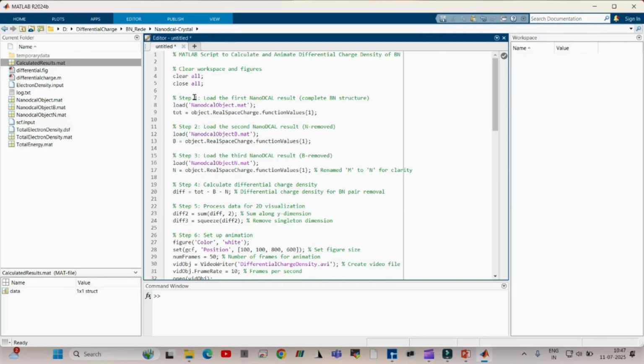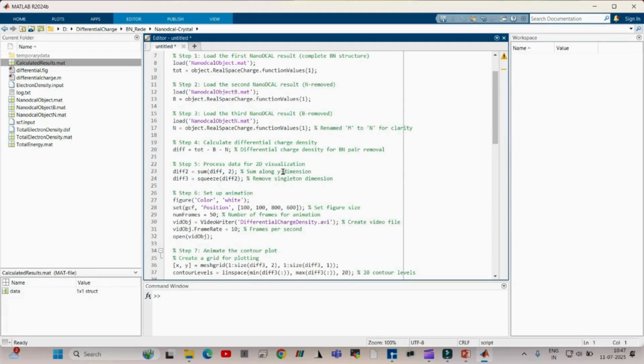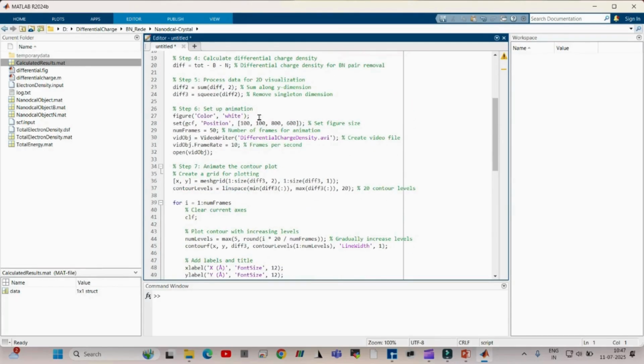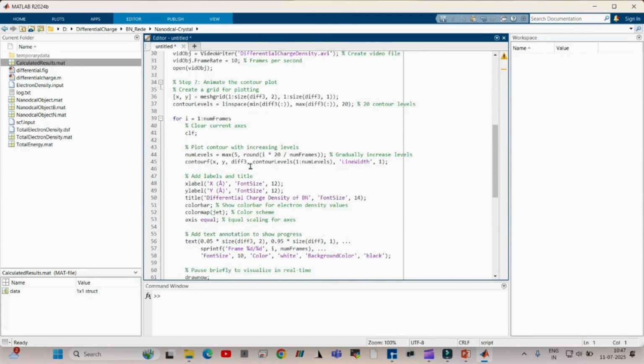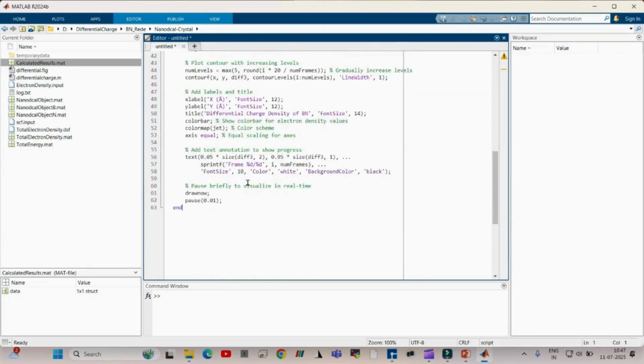Close all, clear all, and load the NanoDcal object material file for the boron nitride structure. Same for the boron structure, nitrogen structure. Calculate differential charge density and for the 2D visualization, set up the animation and animate the control plot. After that, add labels and titles and text annotation to show the progress.